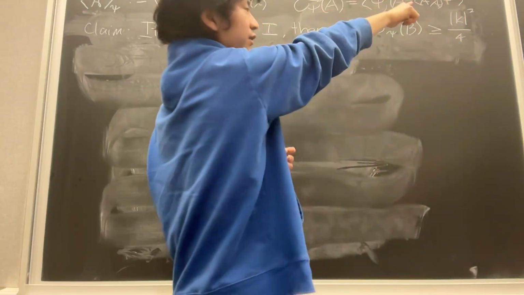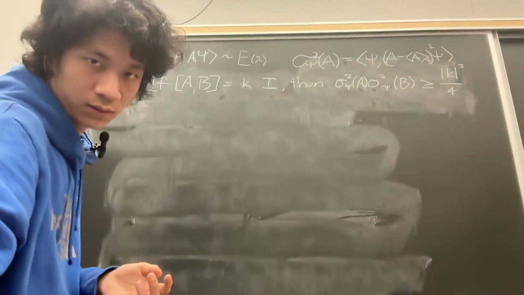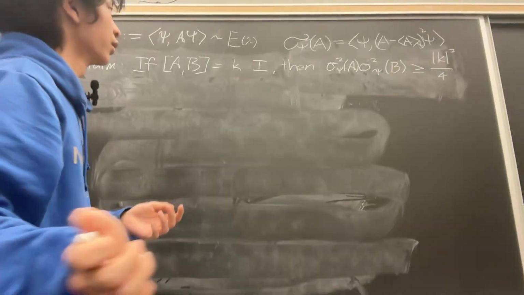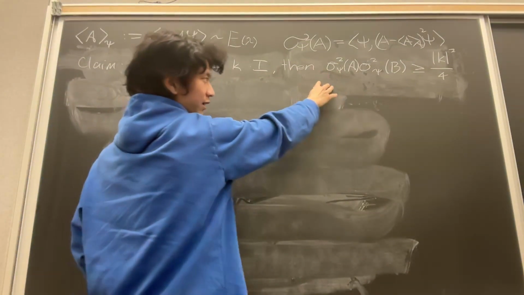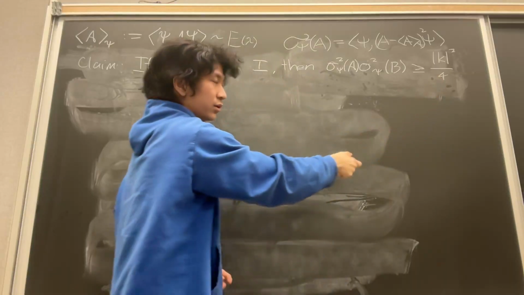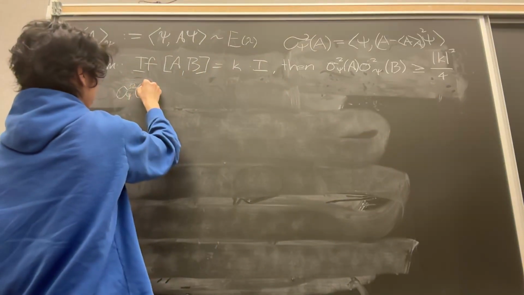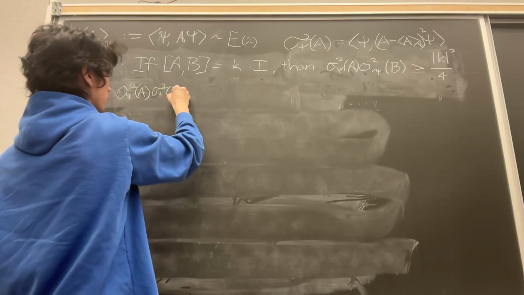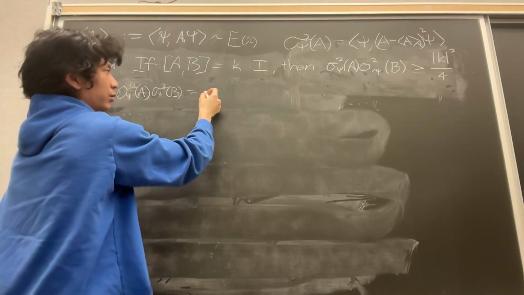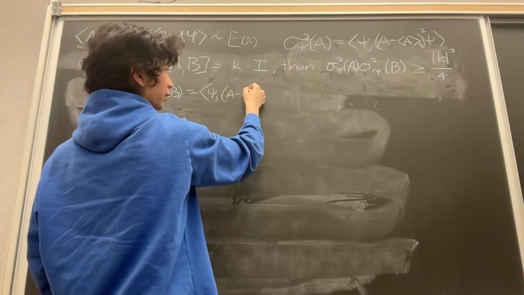Okay, so that's the formula we got previously. Can we see that? Yeah. Okay, so really this thing, we want to show that it's larger or equal than some number. So we try and write it out first. It's pretty long. It's going to equal to psi of a minus